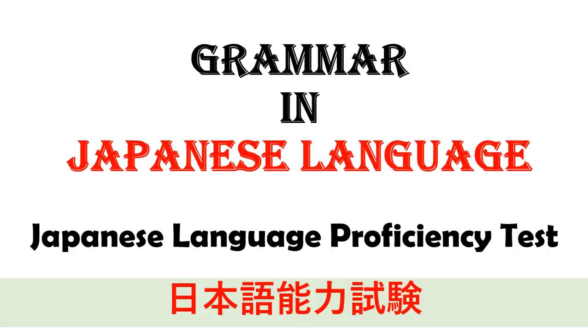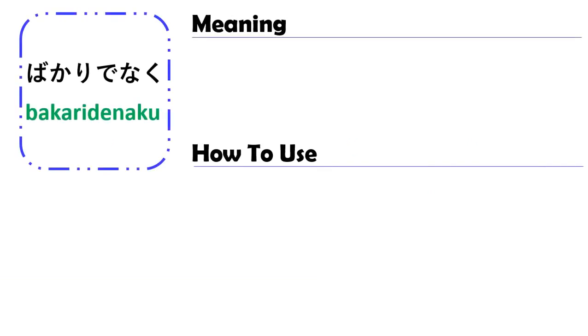Today we are going to learn about the grammar in the Japanese language, or we say the Japanese Language Proficiency Test. The first we are going to learn about is the grammar of bakaridenaku. The grammar of bakaridenaku means not only ...